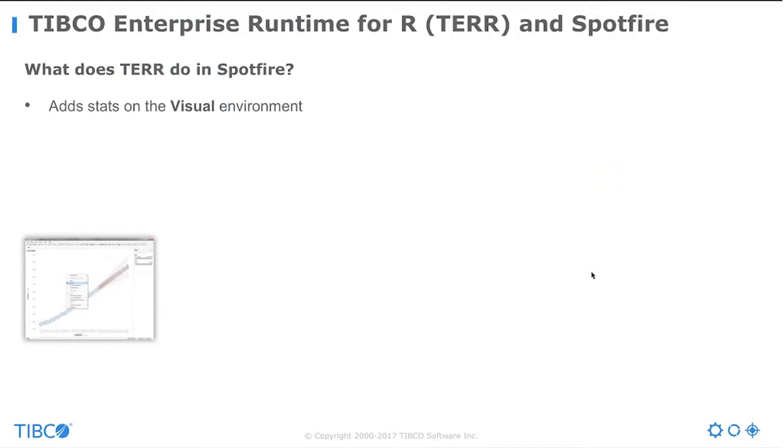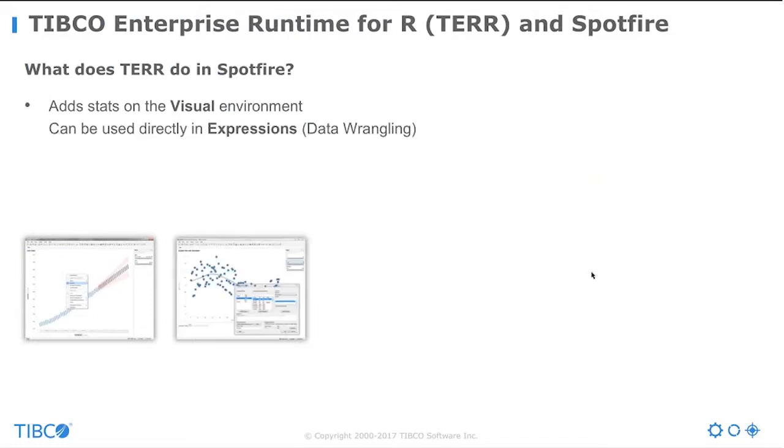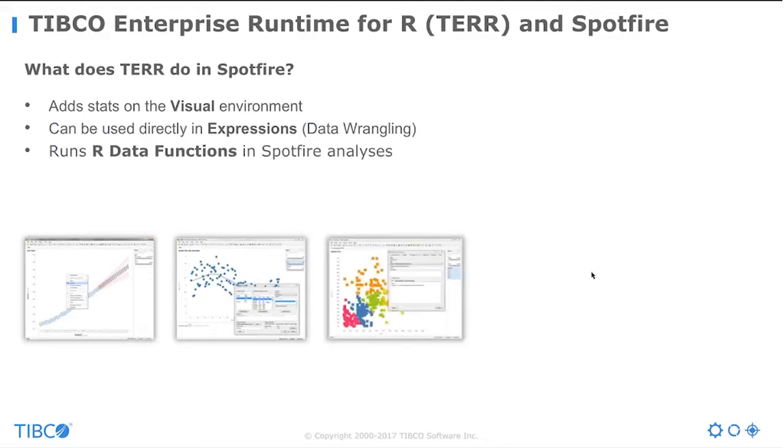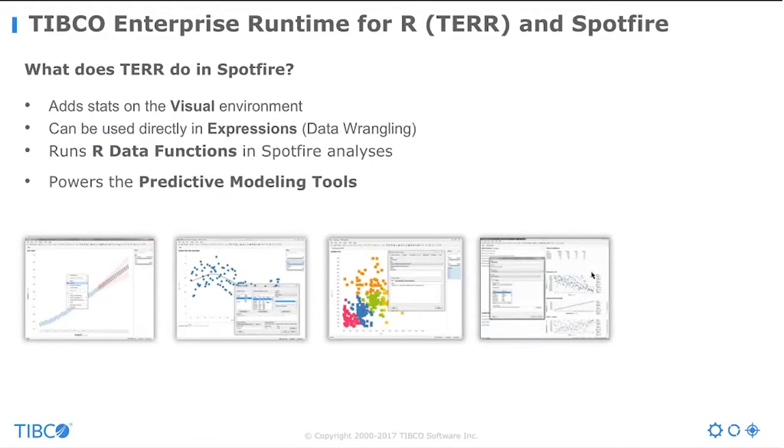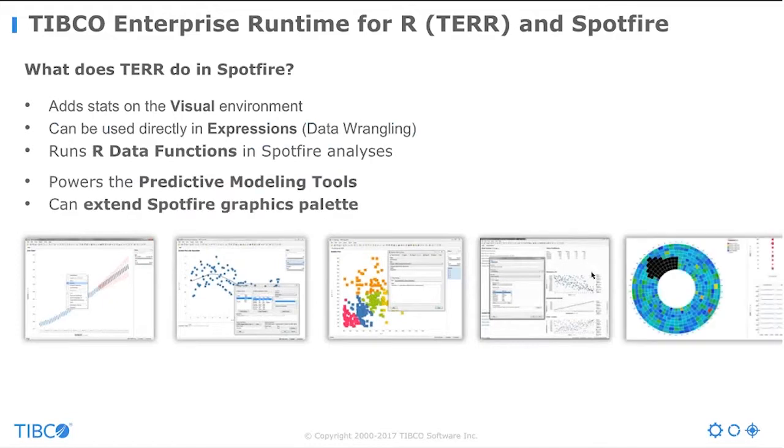For example, a forecast done on a line chart. As I mentioned, when you go inside of the expression area to wrangle your data, you can use the inbuilt expressions, or you can write your own in R and save those off for reuse. I mentioned the data functions, and then the predictive modeling tools on the menu, and then you can also extend the Spotfire graphics